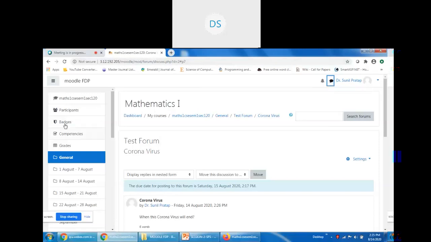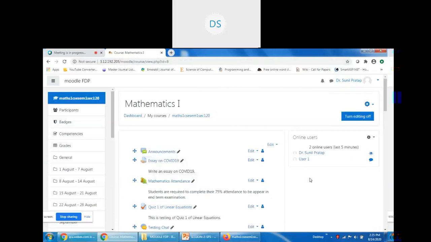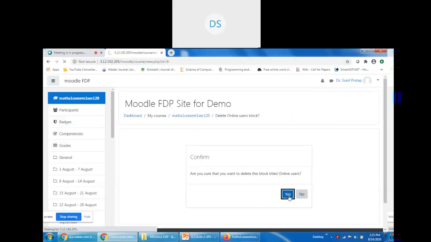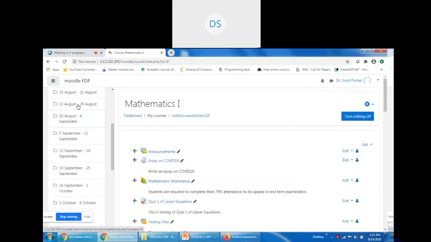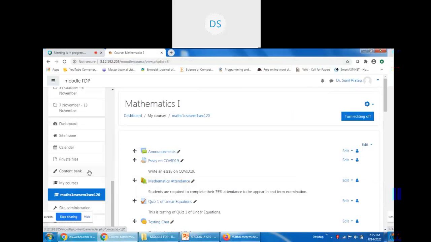Now see, go to the home page of the site and scroll down. You will see the add a block option at the left bottom of the page. Add a block.